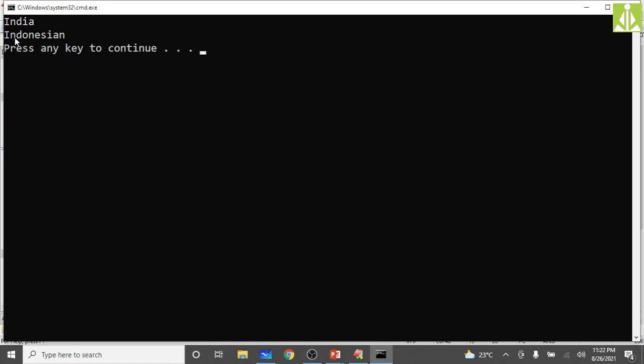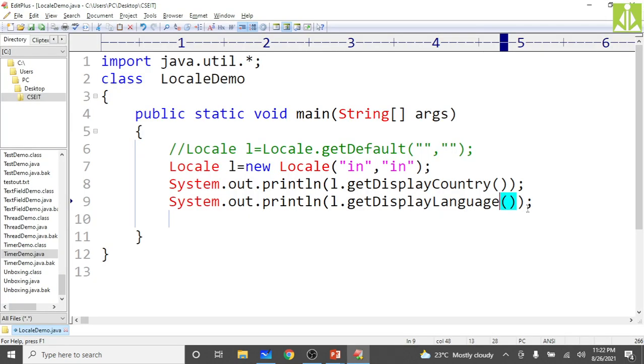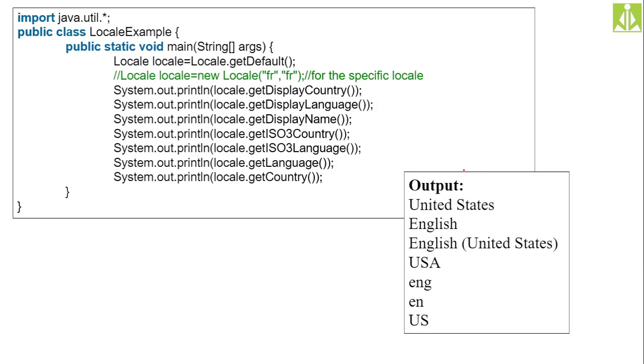See, India, it says Indonesian, it is giving wrong information here. Our national language is Hindi, right? Many of the Western countries maintain this properly, but Eastern Asian and Southern Asian countries do not maintain it. There is nothing in that.